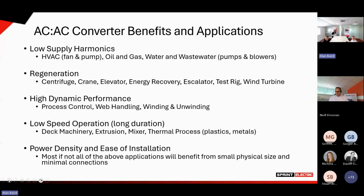speed operation. And finally, in terms of power density and ease of installation, we talked about how few hookups there are in terms of power, but also control. So it's very simple to install. And I think any of these applications will benefit from